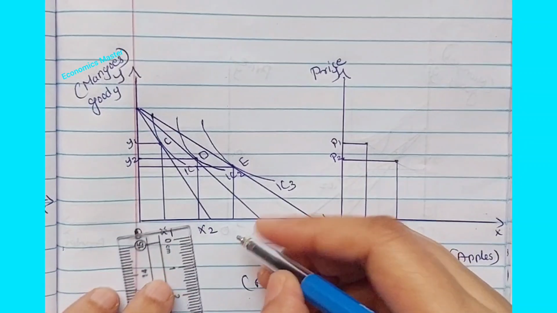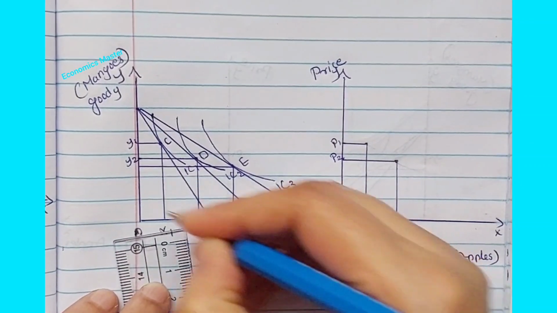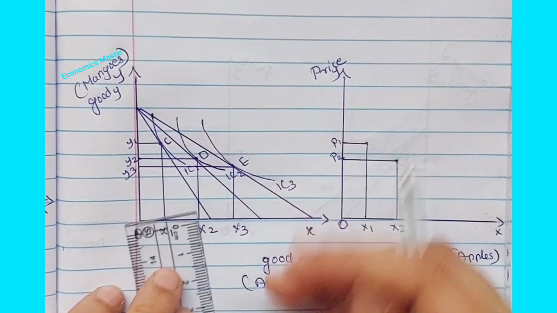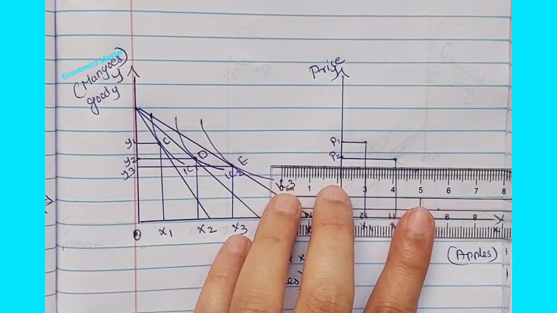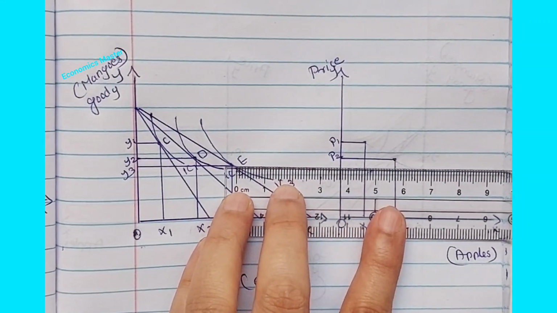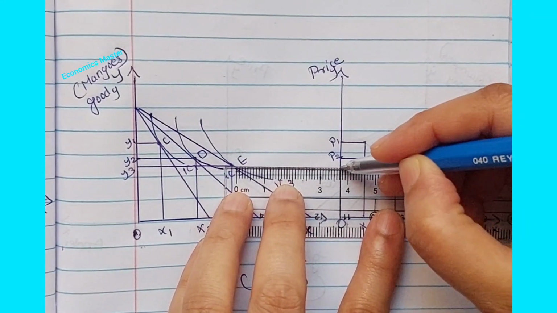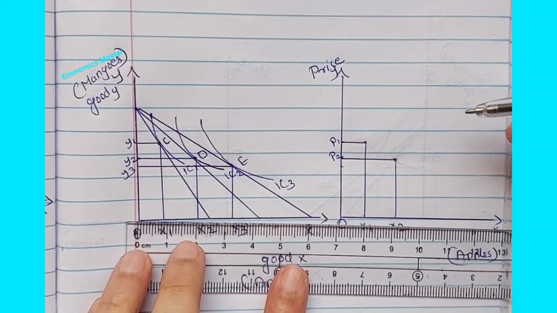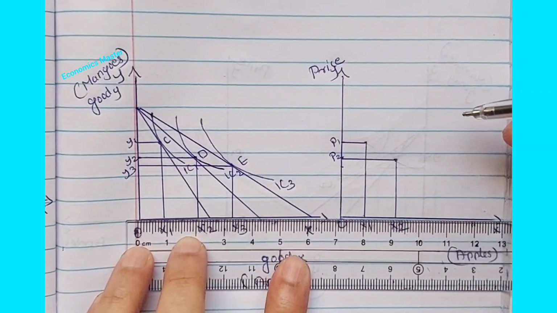She will buy X3 quantities of apples and Y3 quantities of mangoes. The new price will be P3 and the new quantity will be X3. So plot P3 and X3 in figure 2